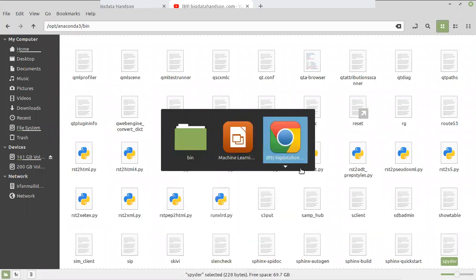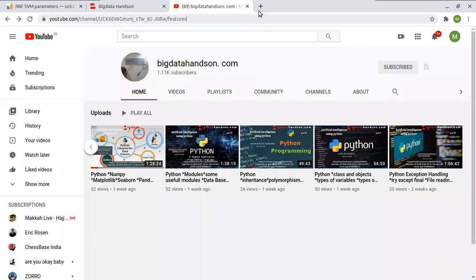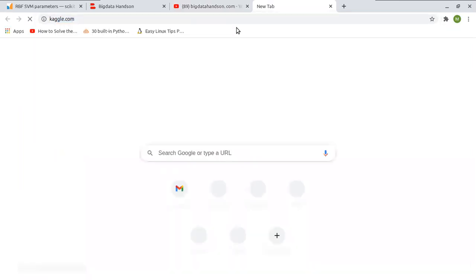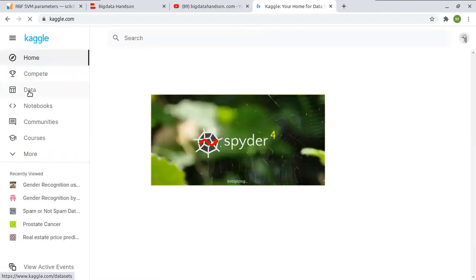The source of today's data is Kaggle, and today we are going to predict the gender based on the voice. So we have the voice data.